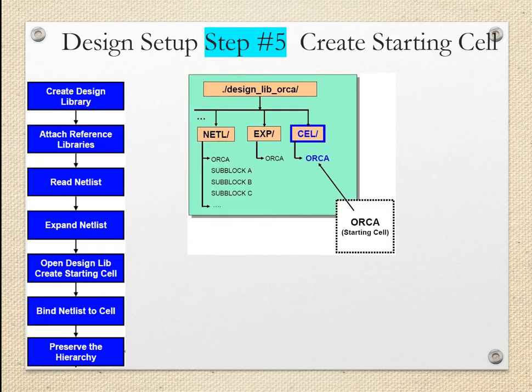We'll go for step number 5, that is create starting cell. So open the design library and create the starting cell. You can see in this design library ORCA, we have the different sub blocks, and this ORCA is the starting cell.